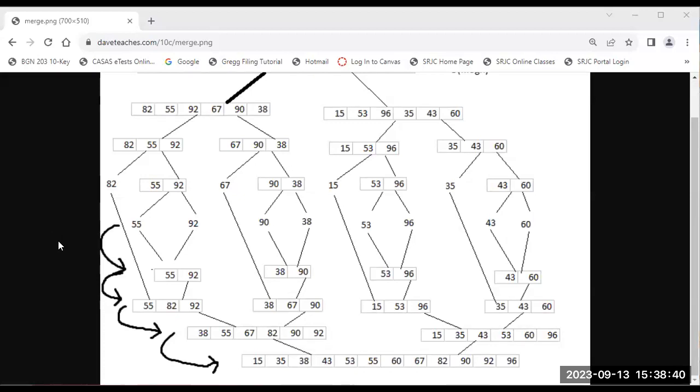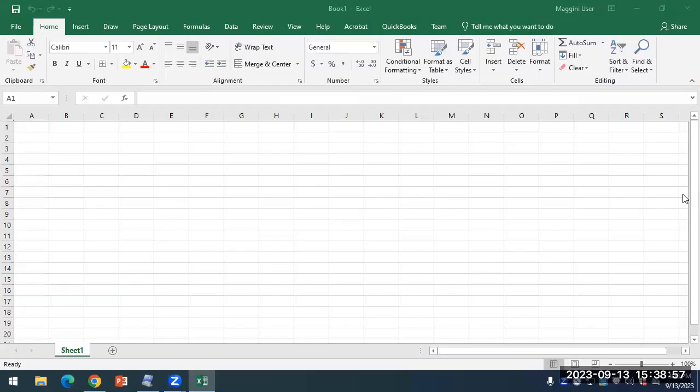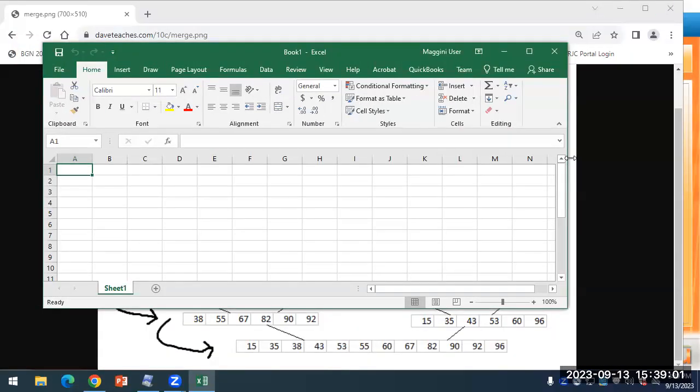Oh, and I have to change the share. Let's just do the whole screen. Okay, not quite sure how this is going to go with trying to show everything on the screen at the same time, but